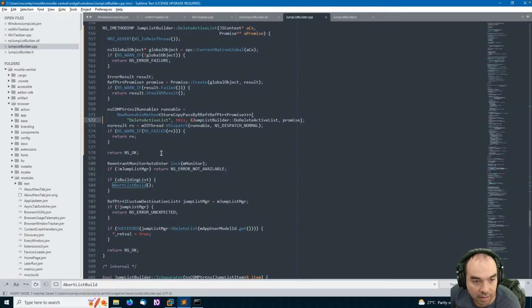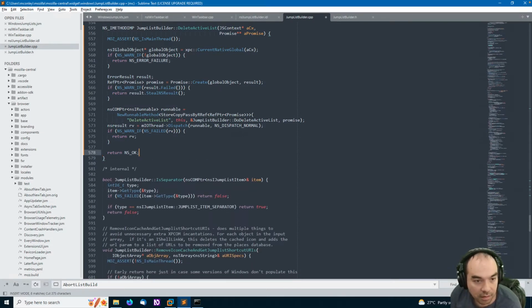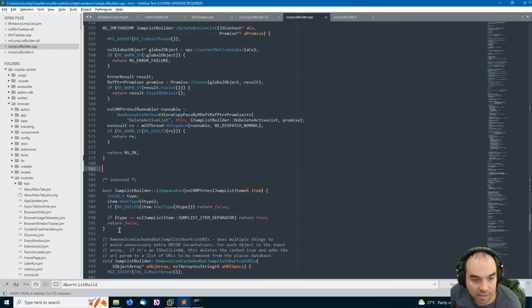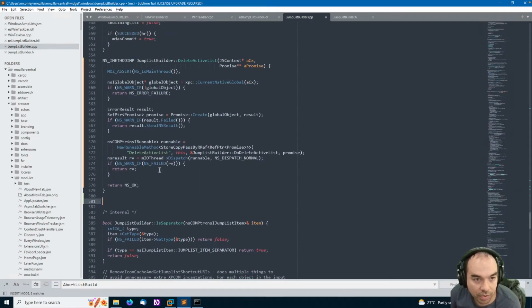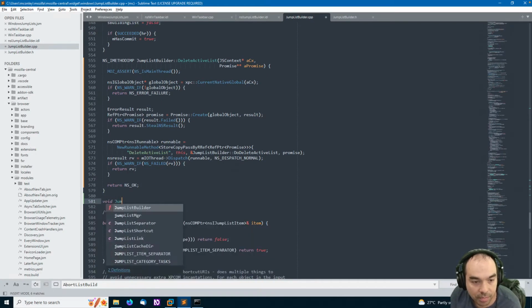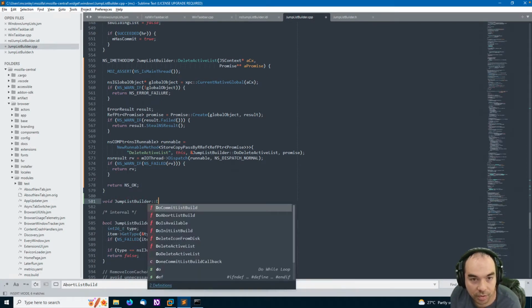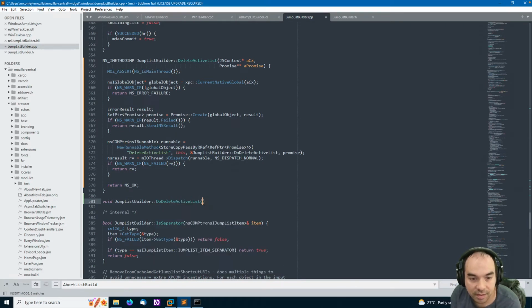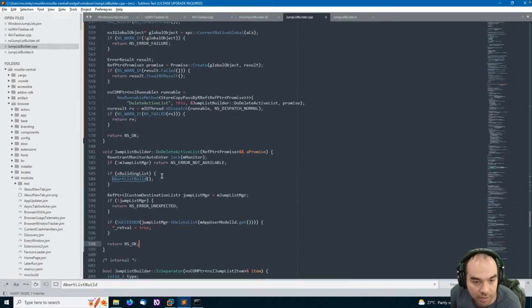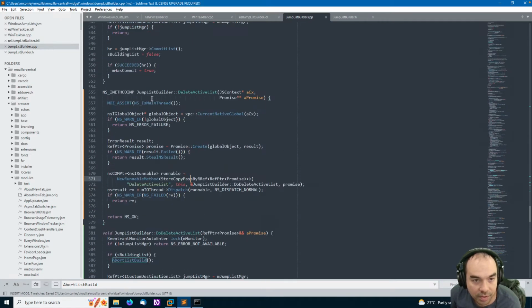And then in delete active list, oh, I see there's like an internal section down here. That's where I should probably move all my do's. Void jump list builder, do delete active list. No, it's going to get a ref pointer, promise, a promise. Here's what we should do. Take our lock. We should assert that we are not on the main thread.